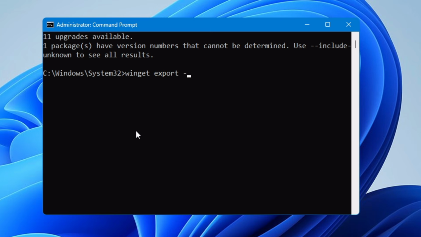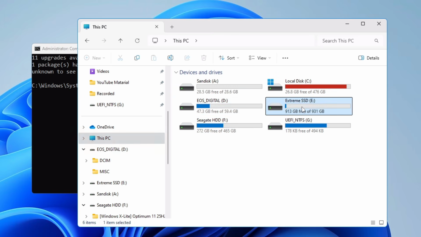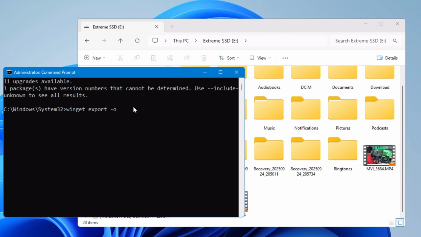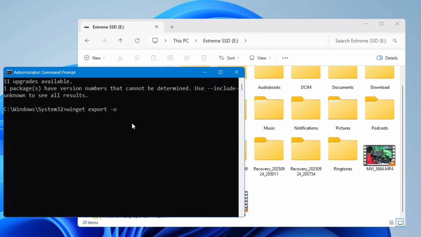Dash O as in Oscar, give a space, then you have to mention the drive letter where exactly you want to export this file. So for example, I will bring up my SSD here, the Extreme SSD. And as of now, you can see I don't have any file here. So I have to mention the drive letter of this external USB pen drive wherever I want to export. On my end, it's E drive. So I will type here E colon, then give a slash, then type